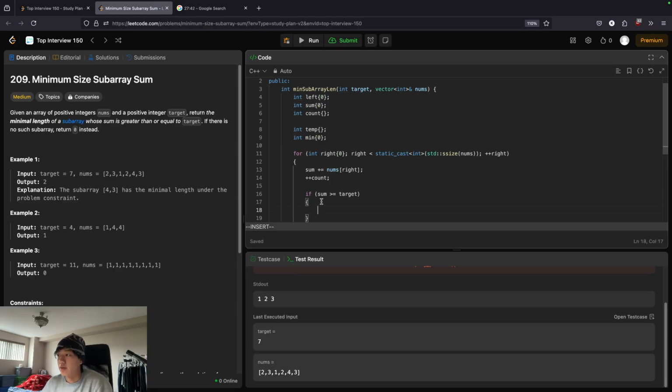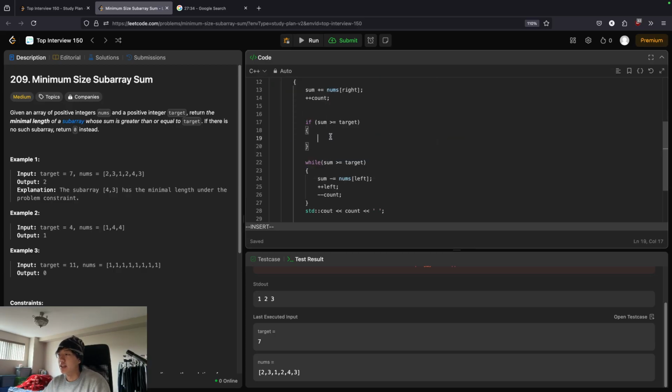Oh, I do understand now. Okay. So what I'm thinking is just have a proper if statement in here instead. Then if sum is greater than the target, so then we know it is in the case, and then we can say, so then we know that this is the case, and then if